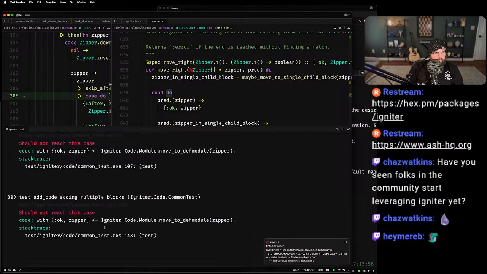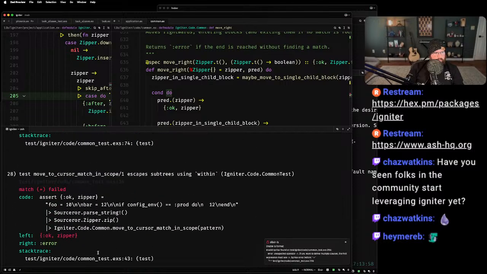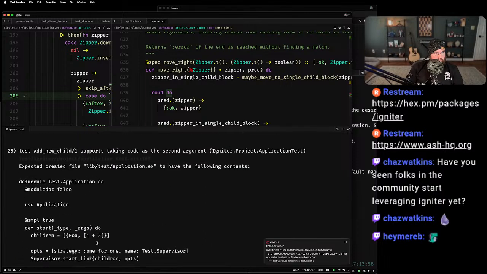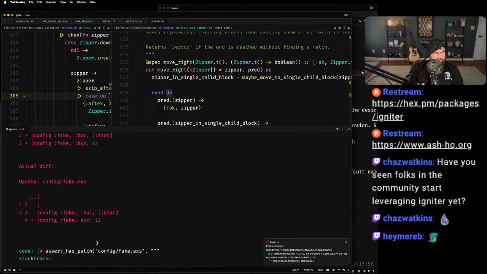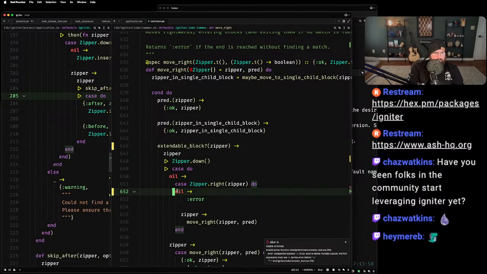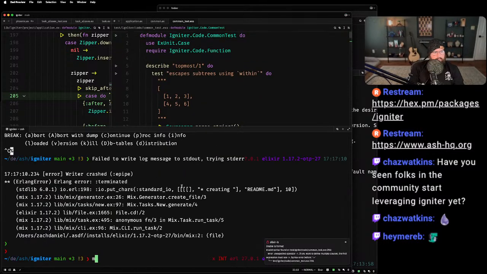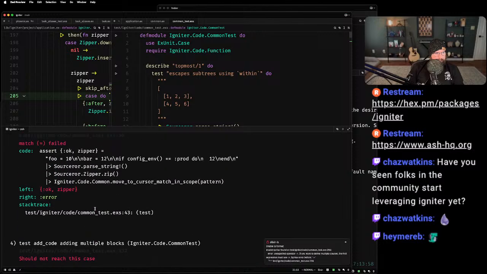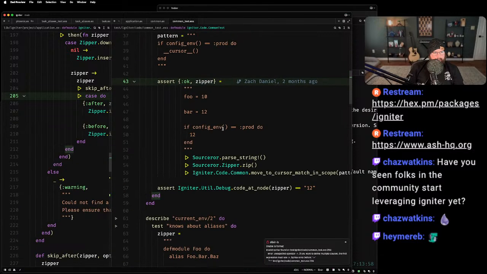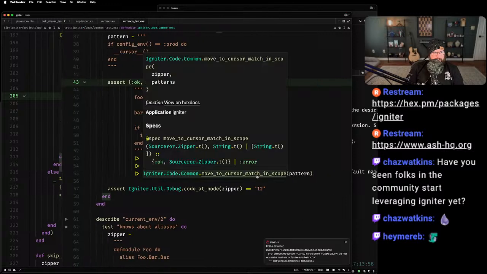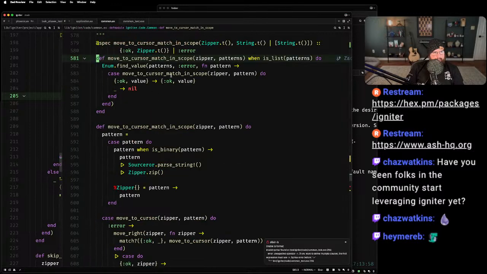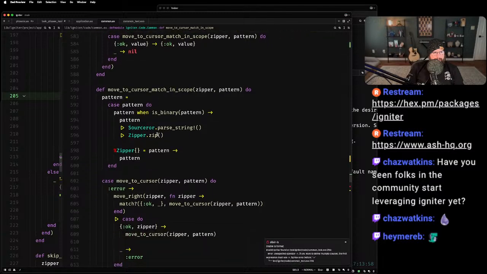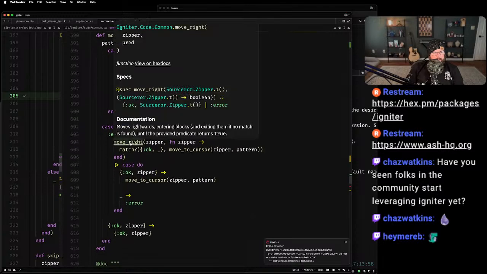Infuriating. Let's go find a simple test to see. Just move to cursor match and scope. So here we're going to use move right.